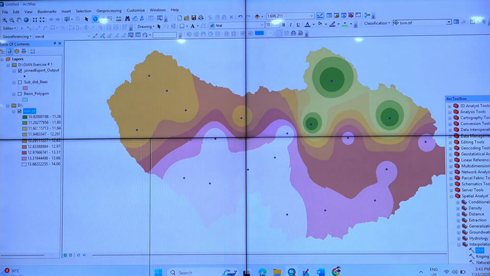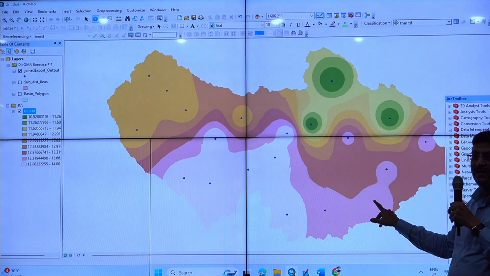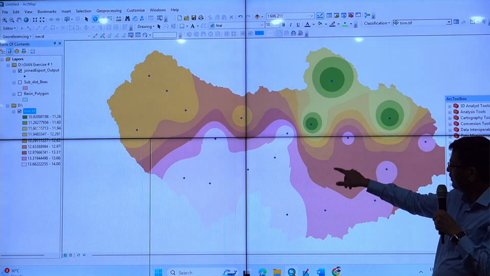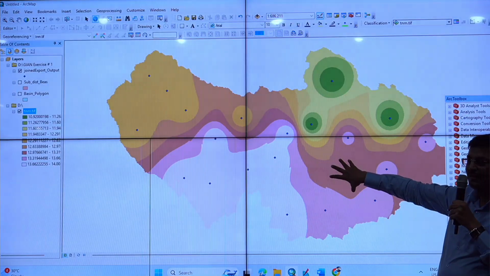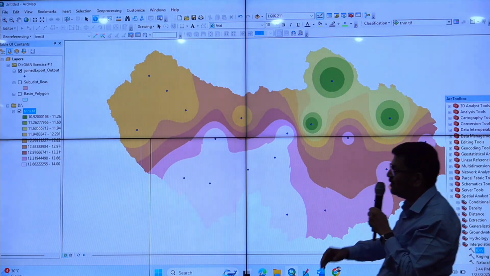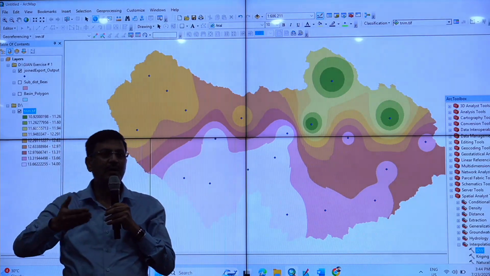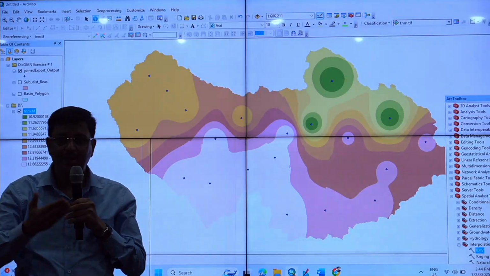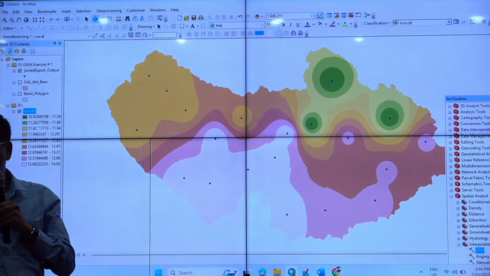Can you see this one? Earlier we were having the value of only this point. Now we have the value of any place. This has made the categories. You know? This has made the different zones. You can classify these into 3 zone, 5 zone, 7 zone, 9 zone, depending upon the nature of data and how accurate you want. Right? So this is simple interpolation.